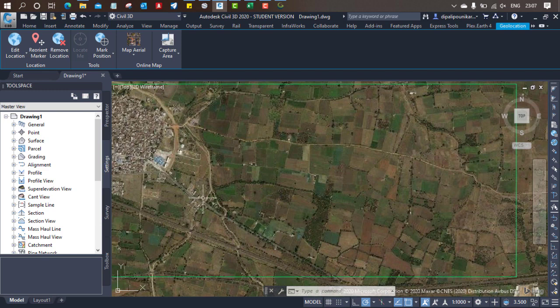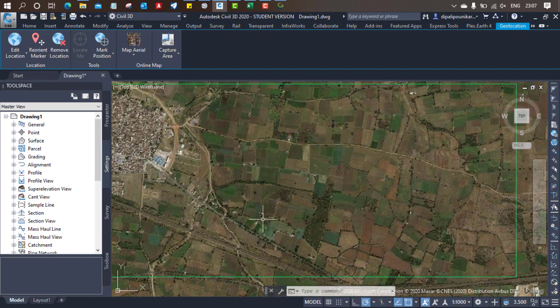For that, make sure that you do a survey and add the points from where you need to draw the alignment, because alignment drawing is based upon the topography of your area. If there is any exceptional point that may cause damage to the existing structures, you should change your alignment location to another portion. You should shift your alignment.